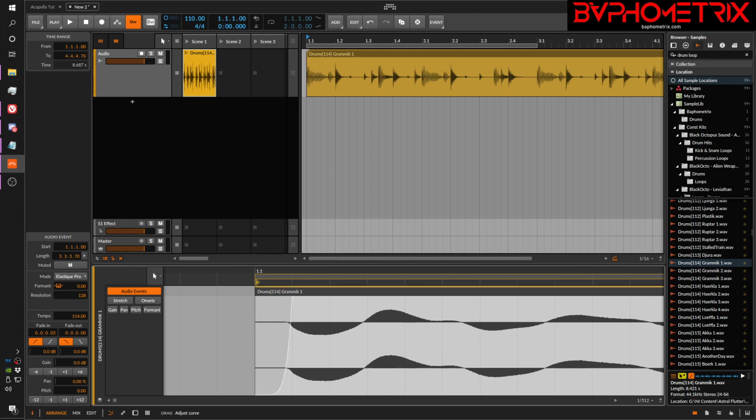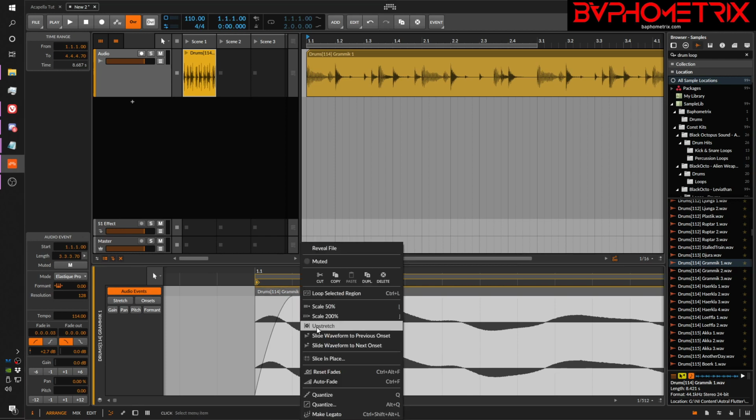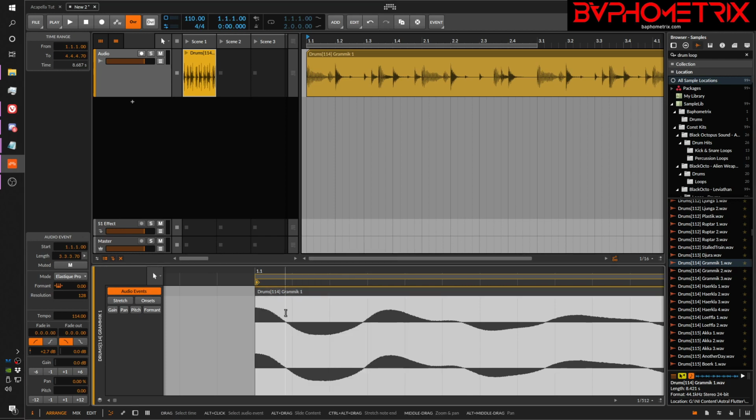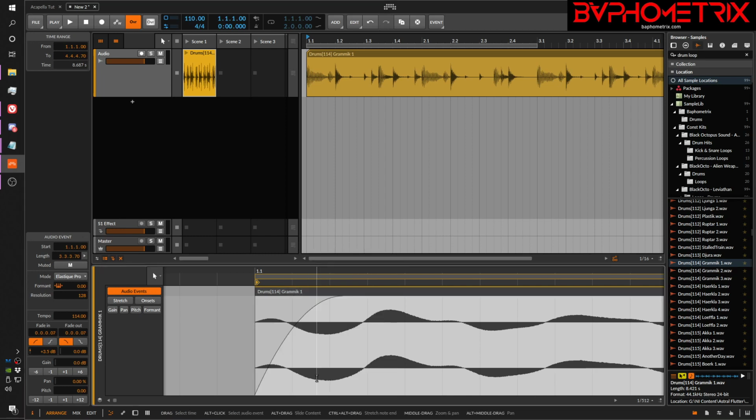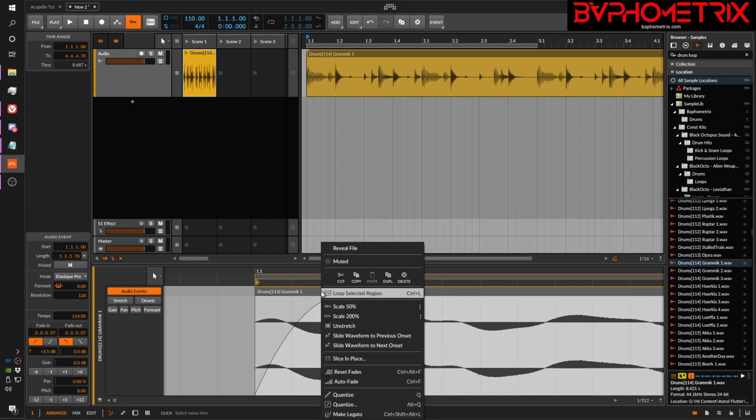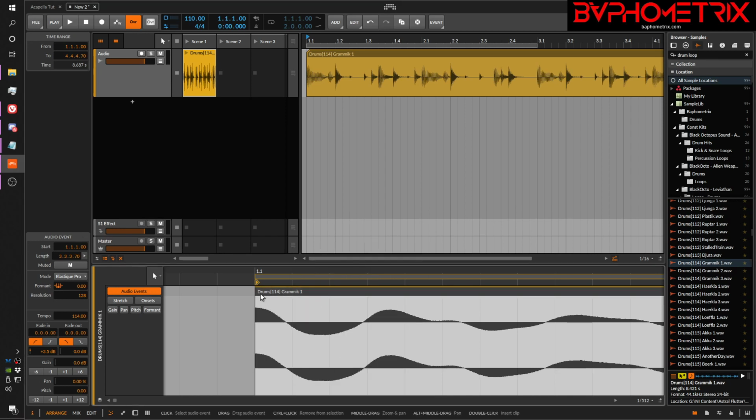You can shape the fade any way you want. You can right click and reset fades. You can right click and auto fade. Boom, done. Okay. Now here's the thing about right clicking and doing something like auto fades. Let's reset the fades and let's drag this back out again. If I do auto fade now,